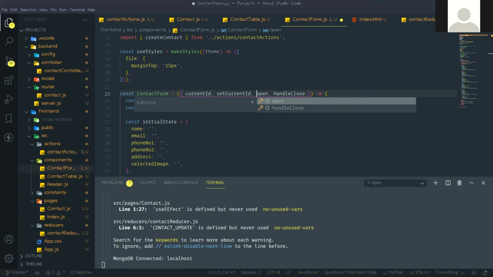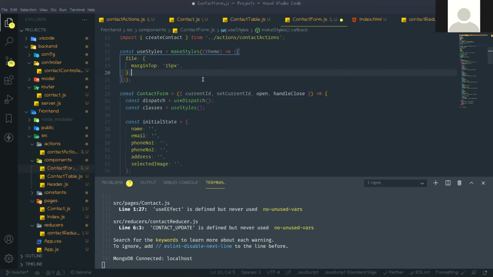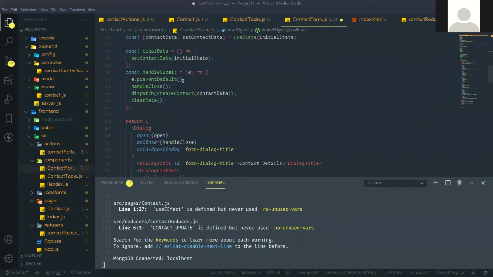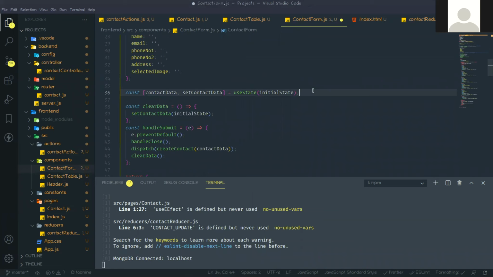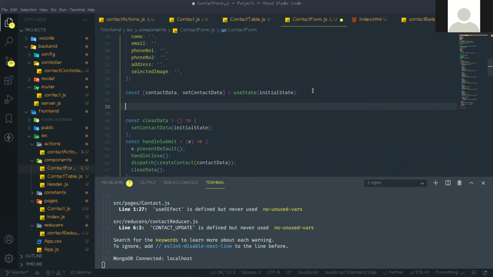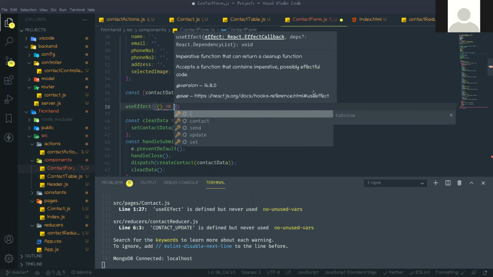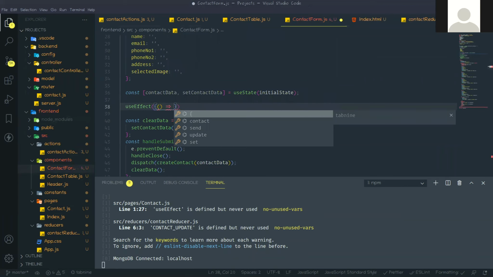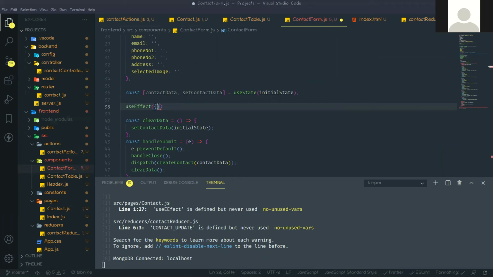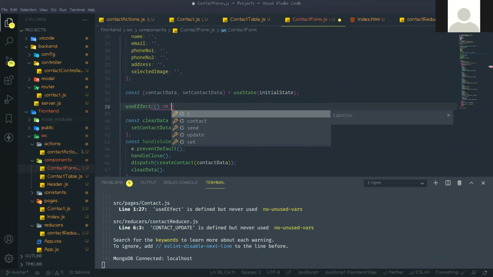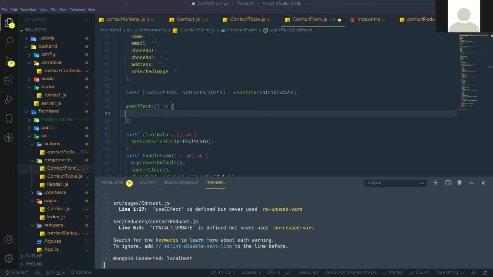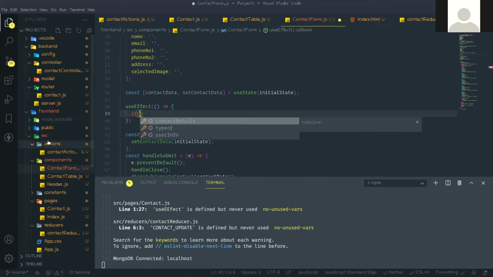So now what we will do is, on the use effect, when the use effect happens, at that time first I need to check if